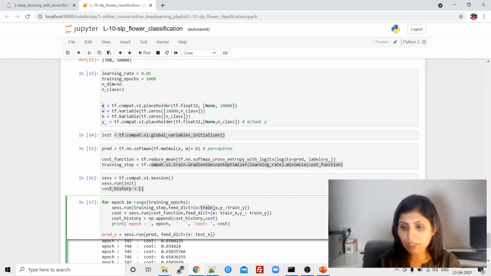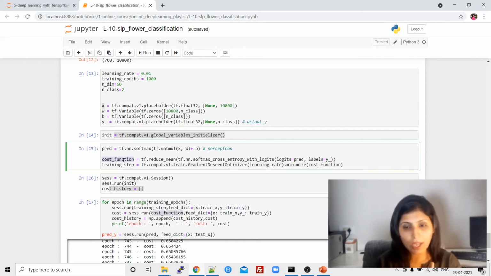What data are we giving to x? train x, and to y we are giving train y. On this basis, we will train our algorithm 1000 times on this dataset, after updating the weights every time. And we are storing the error, the cost function which we have calculated here.